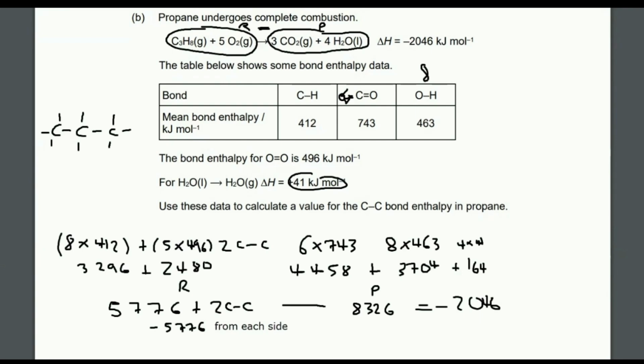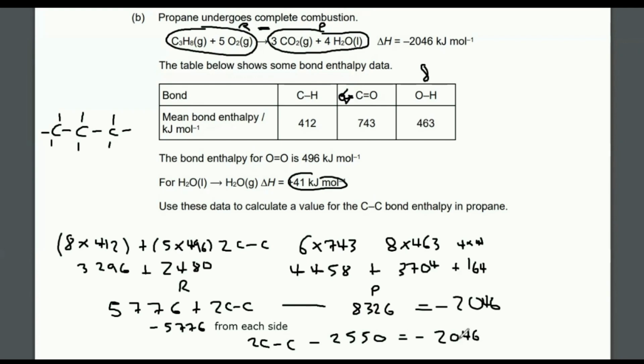Right. In which case we're going to get 2cc minus, let's take 5776. So 8326 minus 5776 equals 2550. I've got the sunlight in my eyes. So 2550, and that equals minus